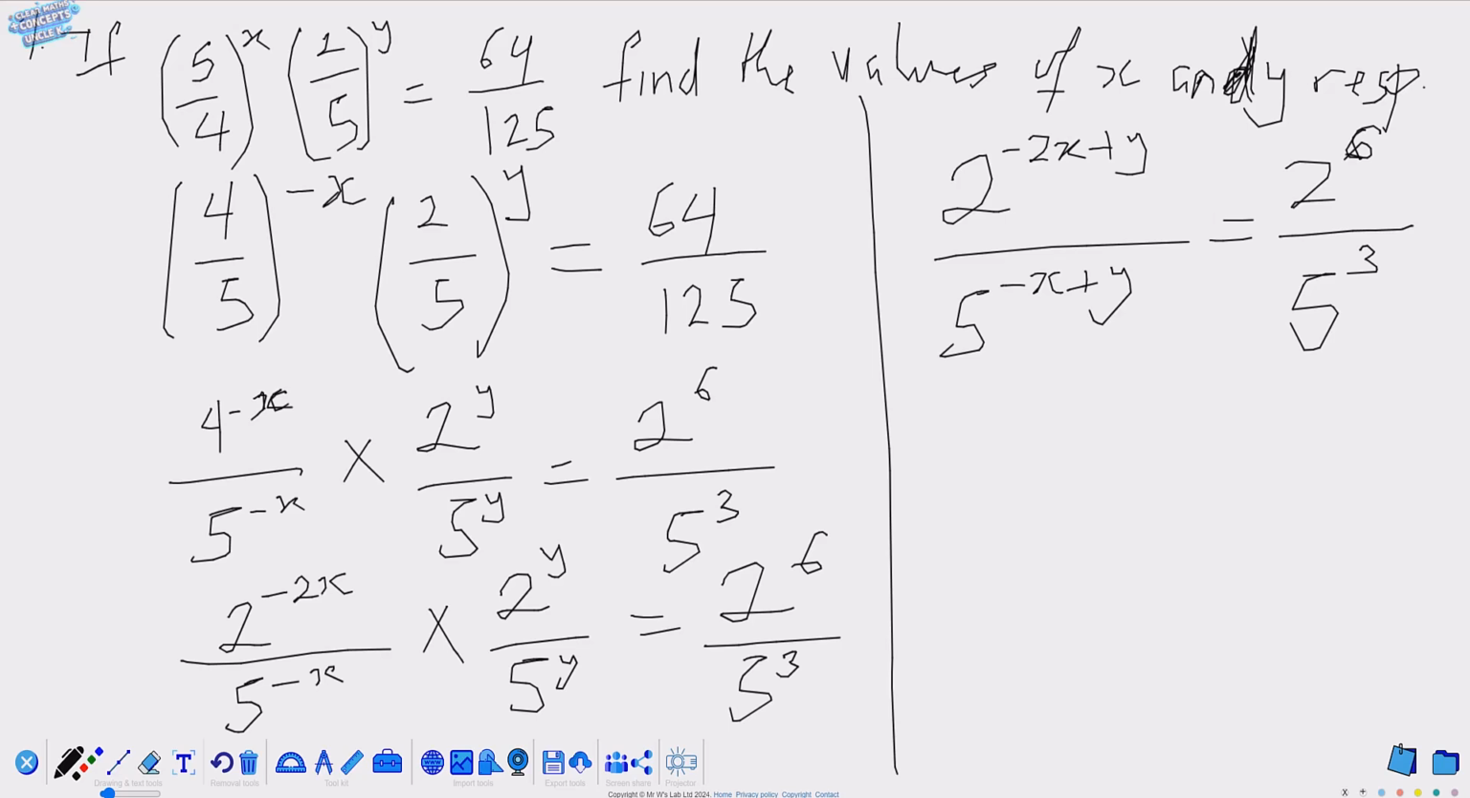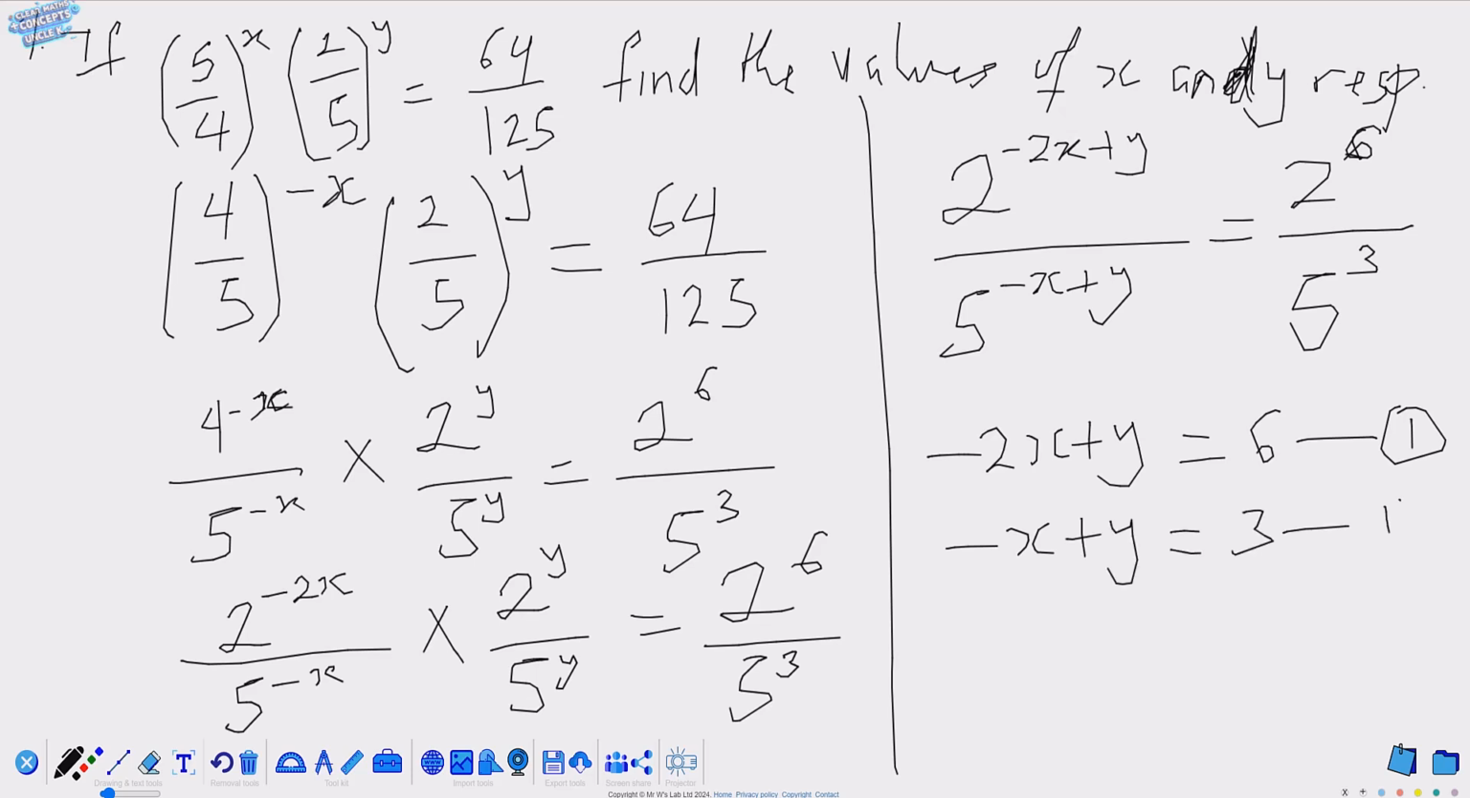Okay? Now if I say 2 raised to power minus 2x plus y equals 2 raised to power 6, normally what will we do? We will actually equate the powers, right? Because the bases are the same. And that's the same thing we are going to do. So you equate, and the same thing applies for the denominator. It's 5 raised to power something equals 5 raised to power something. So it means you also equate the power. So it means you have minus 2x plus y equals 6, which is equation 1. Then you have minus x plus y equals 3, which is